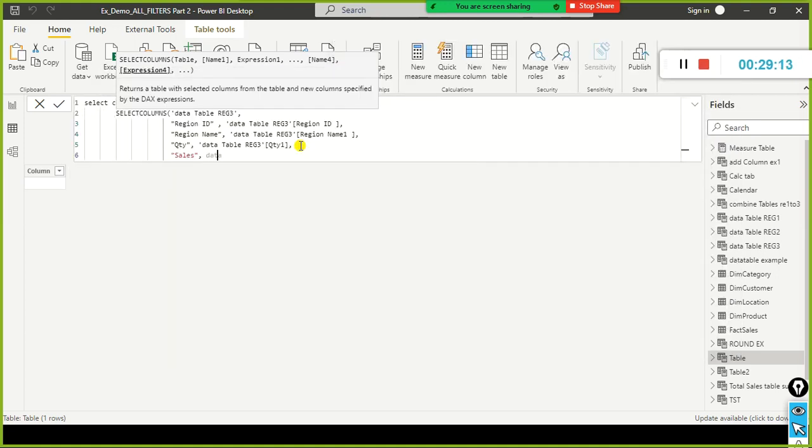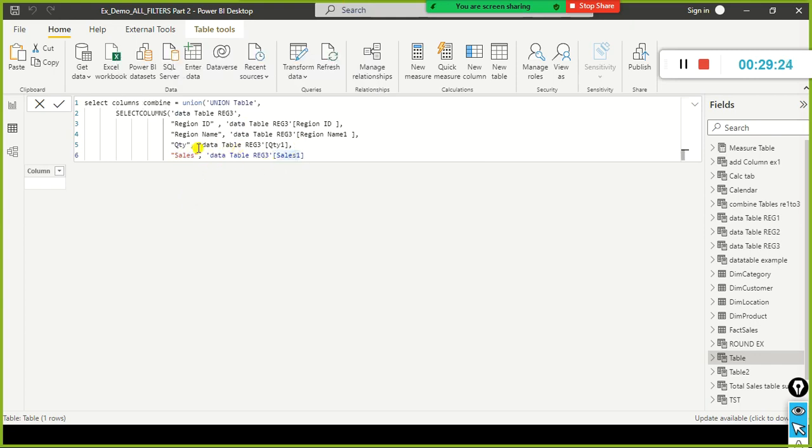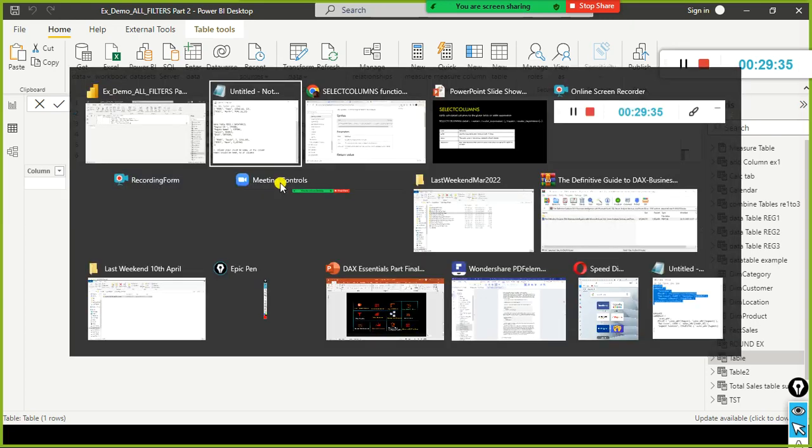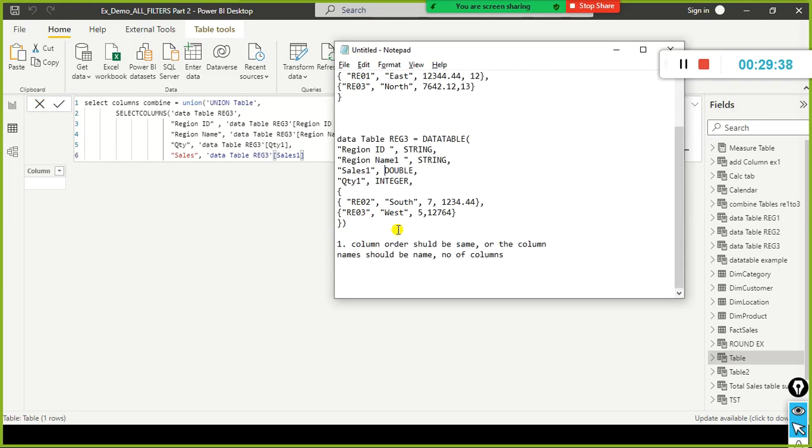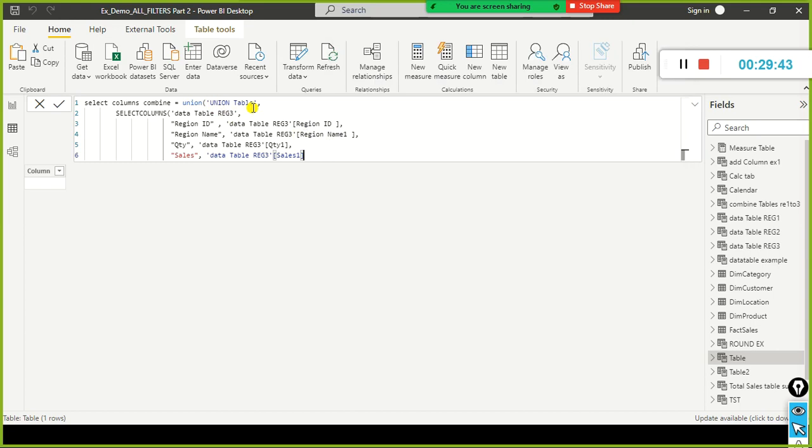Data table, this is related to sales one. So this is the new name and this is the existing name. Okay, this is the new name, this is the existing name I'm giving. So now I just corrected the order of this table, and what I do is, we already combined the two data tables. Look here, reg1 and reg2 we already combined, and reg3 that the combined values were available in union table. So comma, in addition to these two tables, I wanted to include this table's